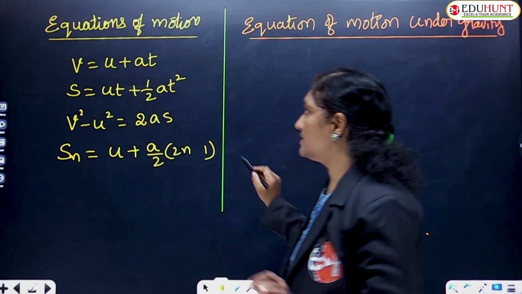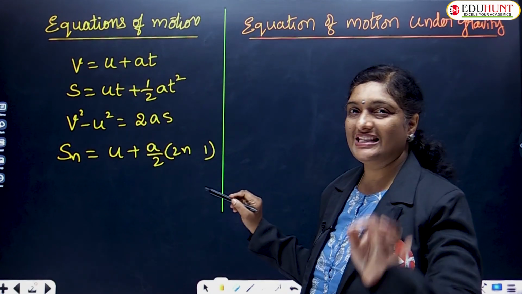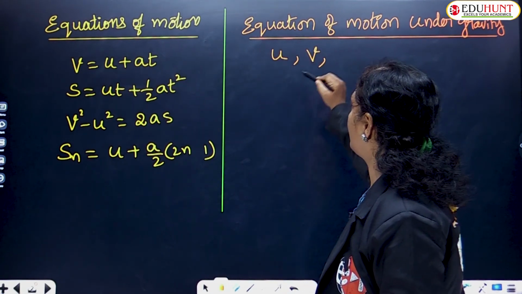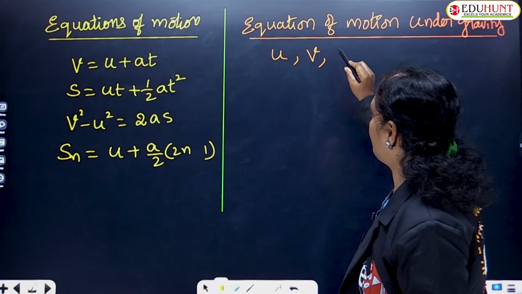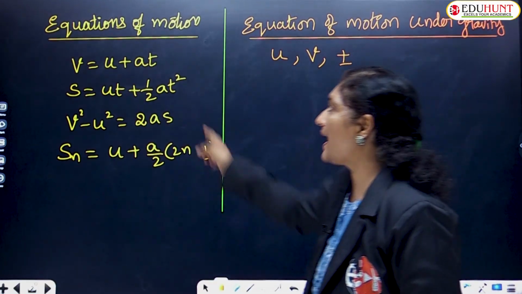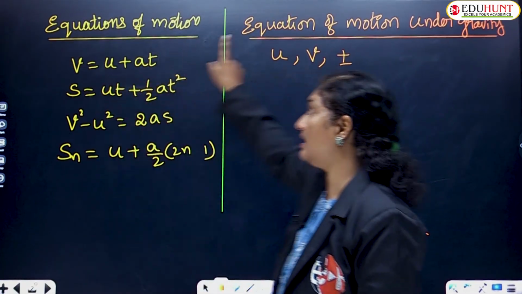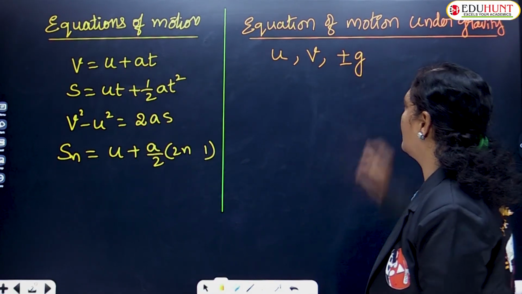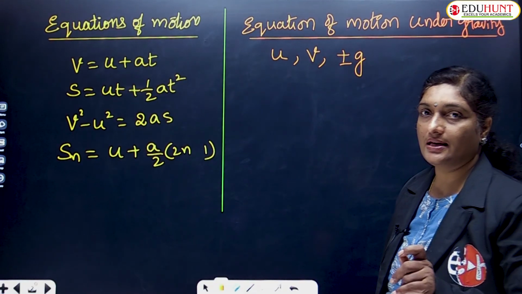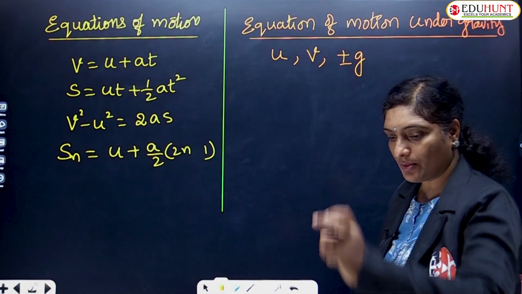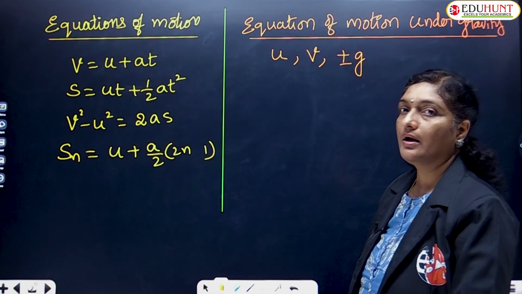So based on the above configurations, let us try to solve a few numericals on this. Okay, children? So moving to worksheet number 6 of kinematics. The first numerical is as follows. A body is falling under gravity. That means a freely falling body. The distance covered in the first, second and third second of its motion is